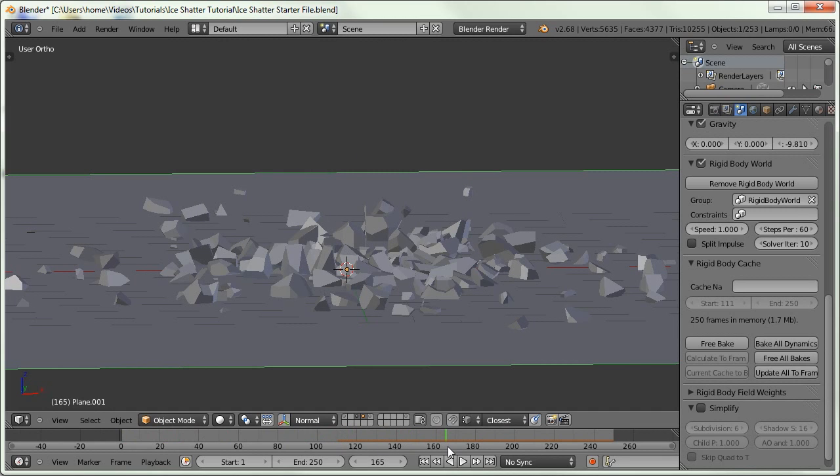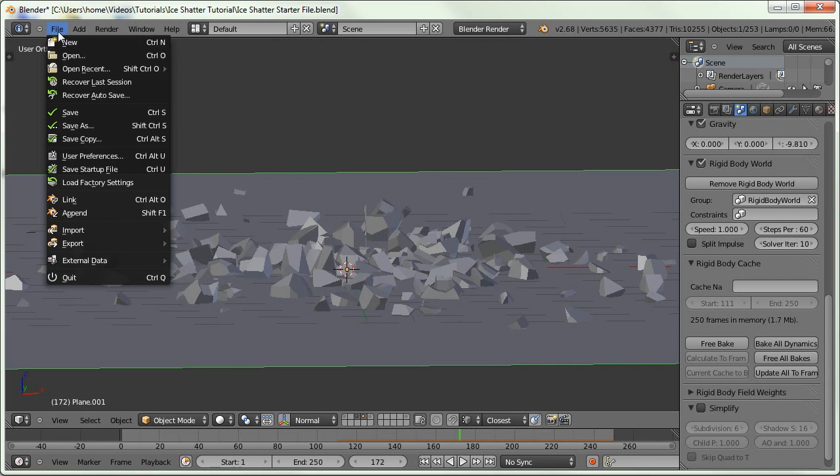That's because, well, I don't know what it is, but all I've found is that it's not properly overwriting the old cache, so it's still reading kind of the old settings. And even if we do free bake and try and bake it again, it doesn't actually work. It's still seeing all the old simulation. And the only way I've found to fix that is by saving,